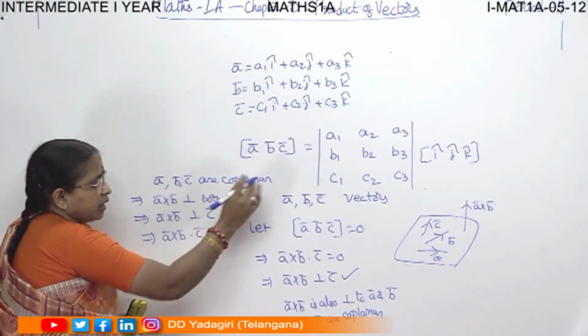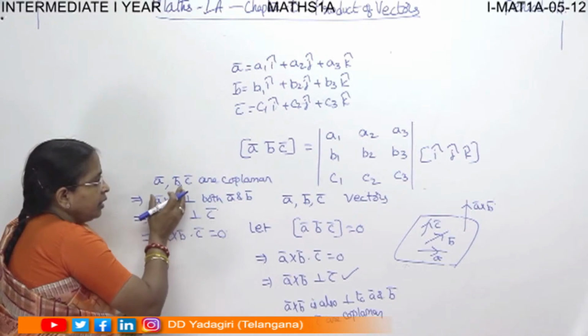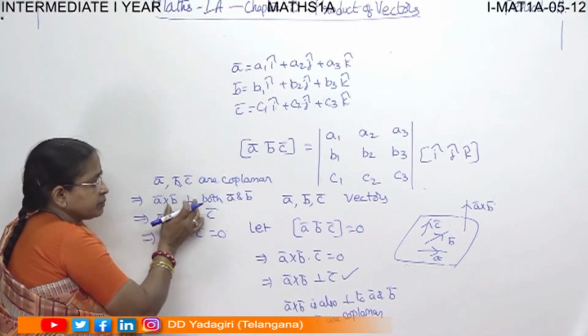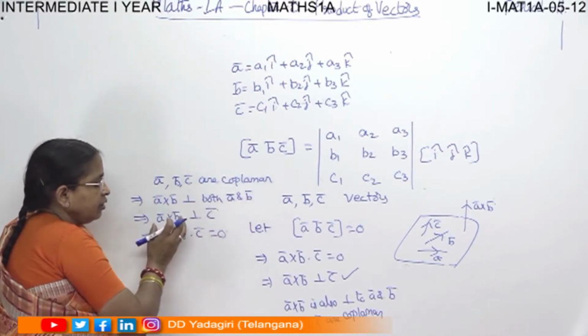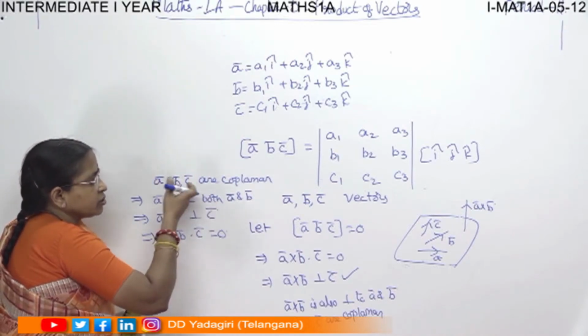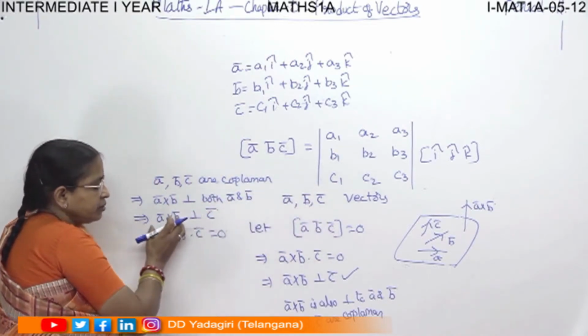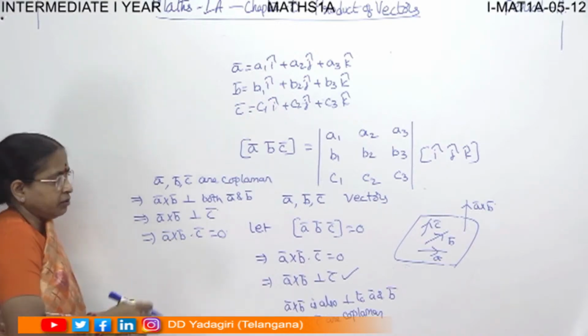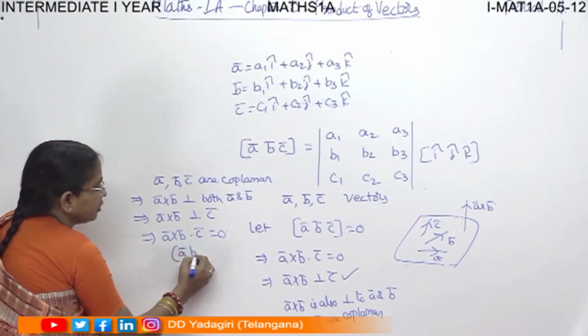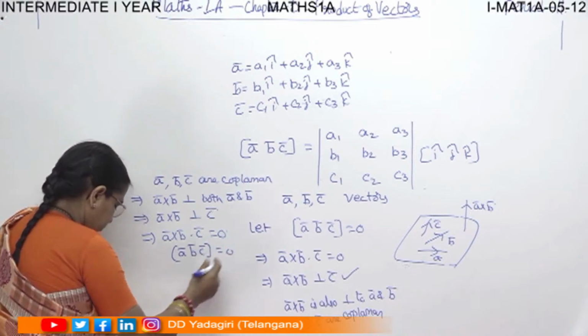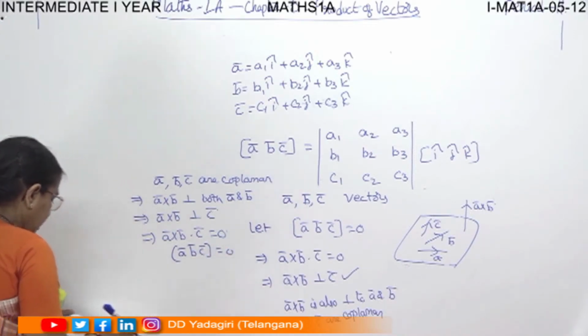When A, B, C are coplanar, then A cross B, we know, is perpendicular to both A and B, and to C also because they are in the same plane. So their dot product should be equal to 0. So that means box ABC is equal to 0. That is how we prove the theorem. Okay, next is